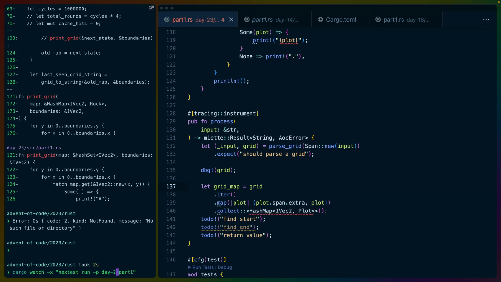So on the first line, right, there's going to be a start, and on the last line, there's going to be an end. So let's do let start position equals grid dot find plot, right? Plot.extra dot y equals 0. Unwrap because we should be able to find that. I need to iter first. Yeah. Some days I wish that find automatically itered, but then some days I appreciate it not doing that. Plot.span.extra and then end position equals